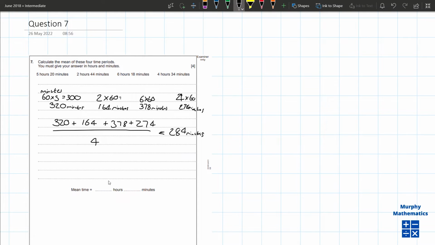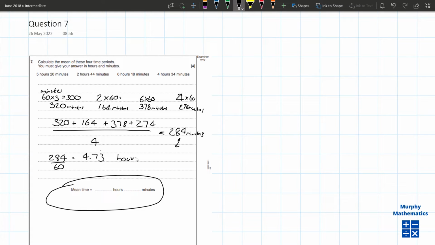Okay, and they want it in hours and minutes. So I need to convert this to hours. So I'm going to divide it by 60. So 284 divided by 60. This will give me my answer in hours. So I've got 4.73 recurring